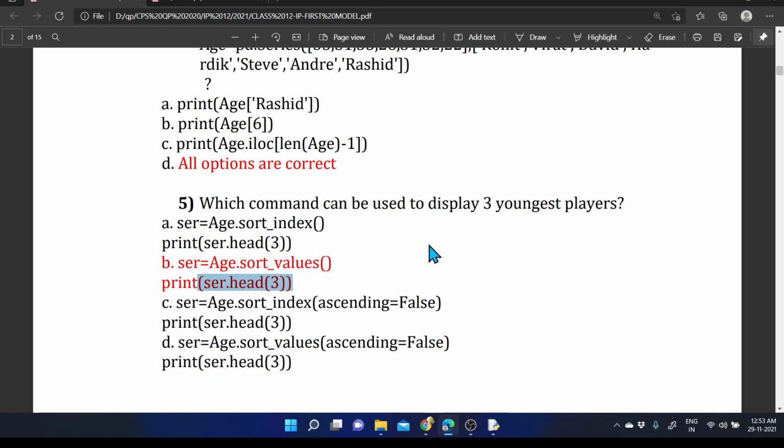So the first 3 values, after sorting, will definitely be the youngest details. Like that we can retrieve the data from the series or from the data frame. We can use the same function, sort underscore values. So the sorting technique is available within the data frame also, that you need to cover. So those are the main things that we are covering in this module.